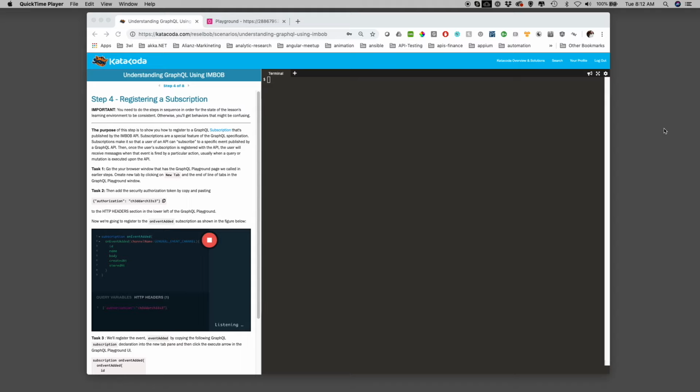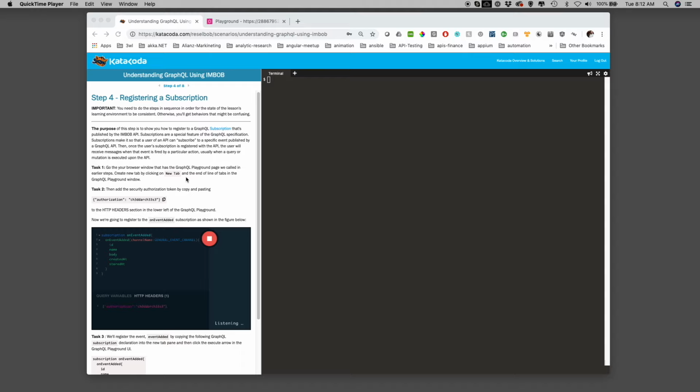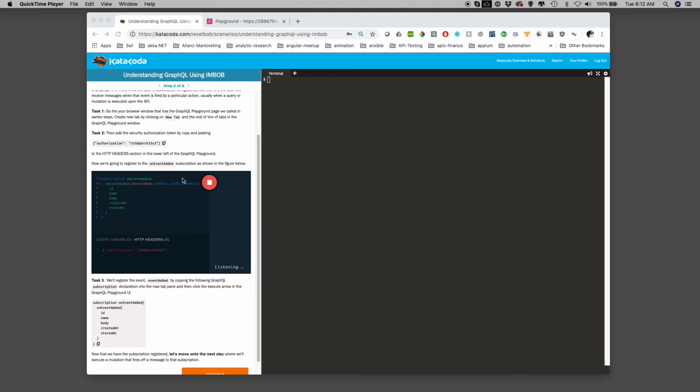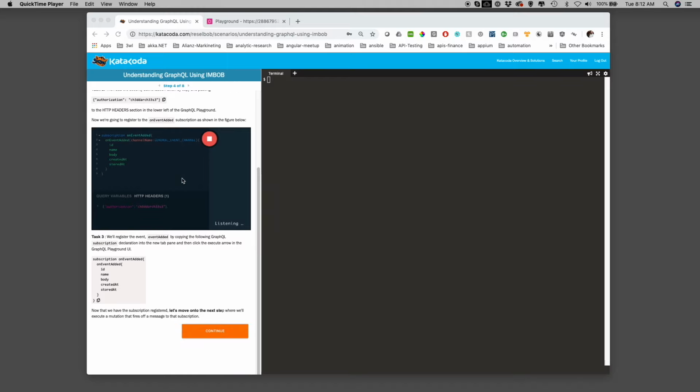And what we need to do is tell GraphQL that I, as a user, am interested in receiving messages on a particular event or a particular channel. So the way we're going to do this is through the GraphQL Playground UI. If the GraphQL Playground is not up and running, follow task 1 and task 2 to authorize. But now we're going to go directly to task 3 and we're going to register for the subscription on event